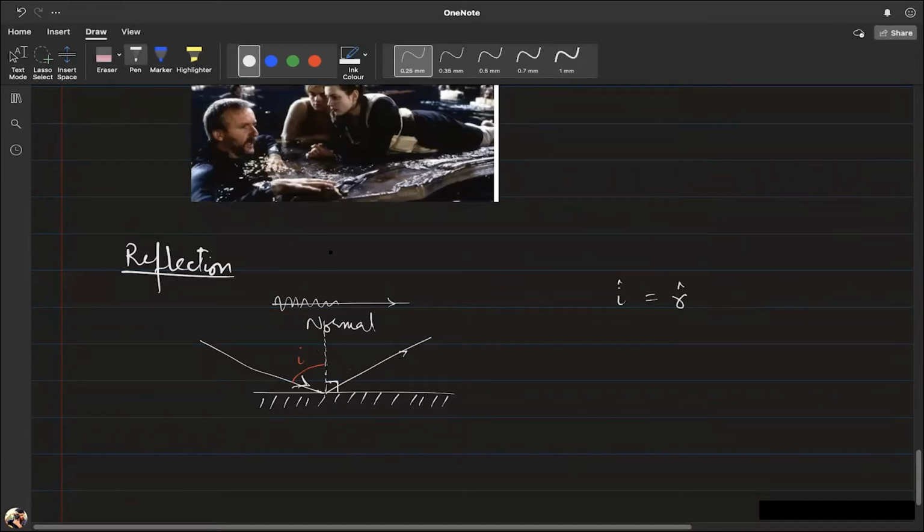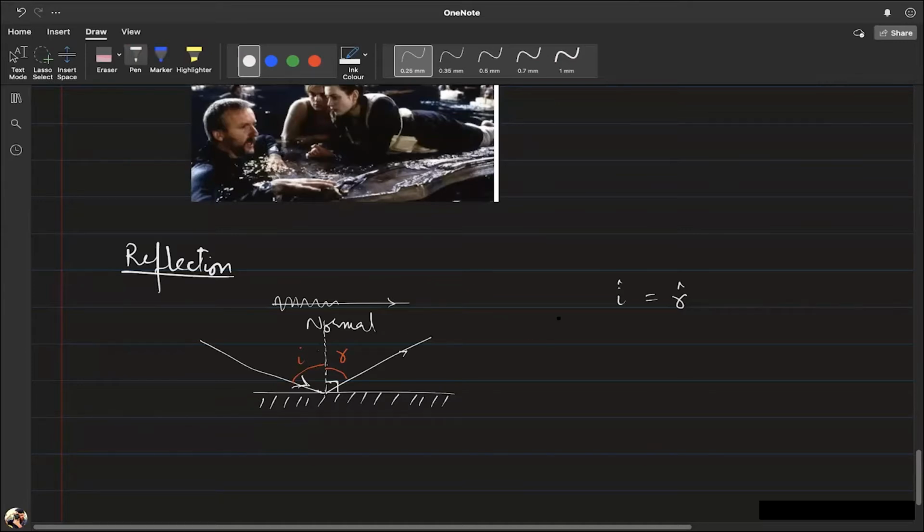So it goes like this, and the angle here, this angle, again measured through the normal, this is the reflected angle. So incident angle, reflected angle, and they're both the same. Okay, the third idea is that there is no rotation happening. So when a wave comes in, it does not rotate in any way. So it's not like that if I had a 3-dimensional diagram, then it would come out or something from this